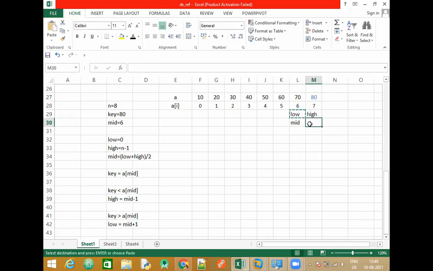The value of low, even if you apply this particular formula, low is equal to mid plus 1. 6 plus 1, 7. So this gives the new value of low. Calculate mid now. 7 plus 7, divided by 2. 7. So the mid value, the low value and the high value are all at one index. Fine. Now we shall refer only to the mid. We do not need to refer to this for the key element, right?